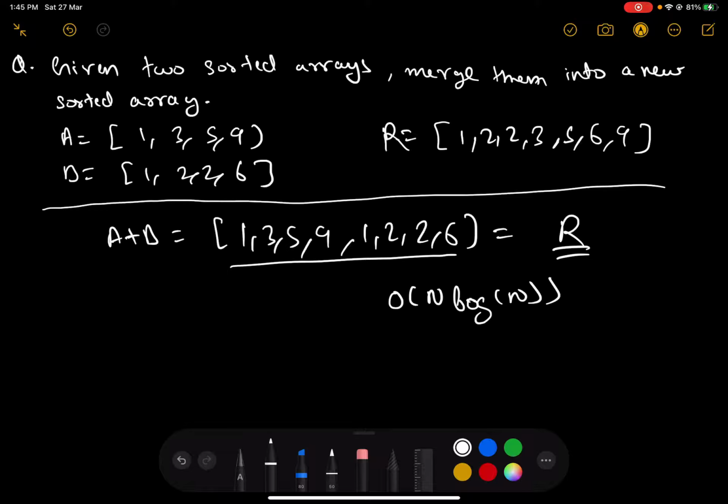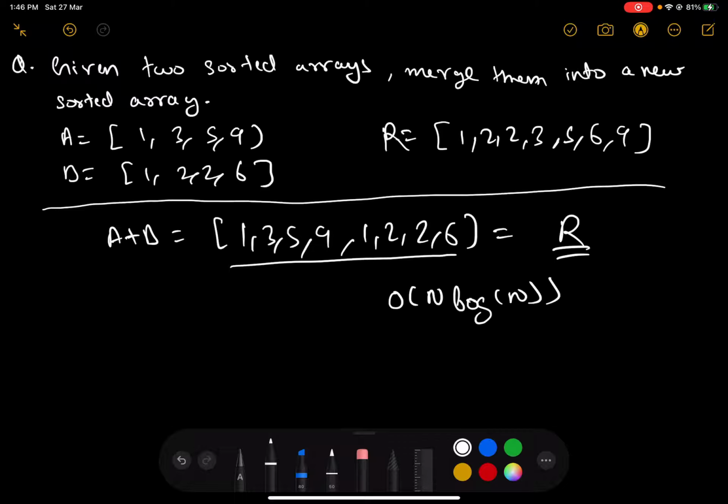When we are concatenating them and sorting them, what is the information we are not using that we already have? We already have the ordering of the numbers in array A. We already know that A is sorted and B is sorted.